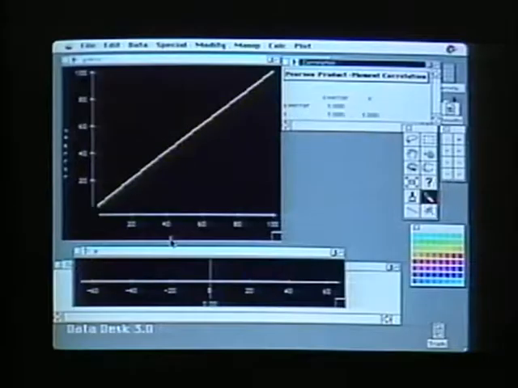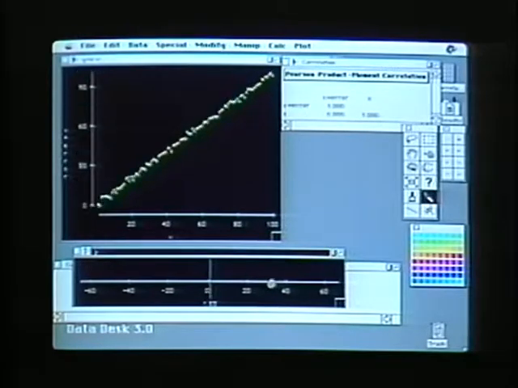The computer can generate random numbers, and we can use those so students get a chance to work with abstract concepts and visualize them. Let me give you an example here. I've generated numbers for x that just run from 1 to 100. Then I've generated random normal error and added it to x in an amount controlled by this slider here. In this case, it's 0. And I've also computed the correlation of x and the y variable here. And you can see the correlation is 1, and we have a linear trend.